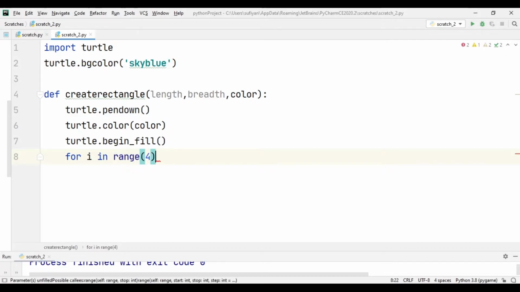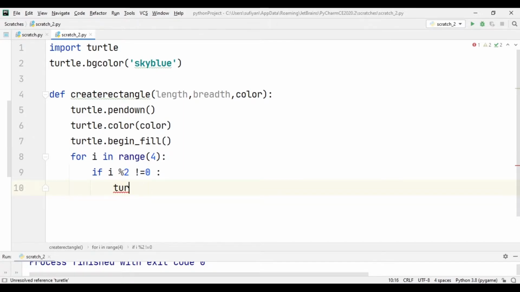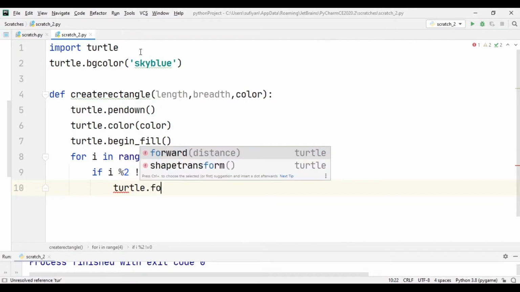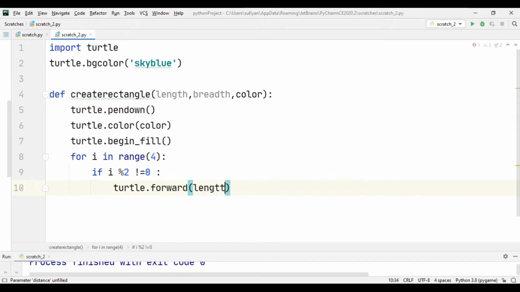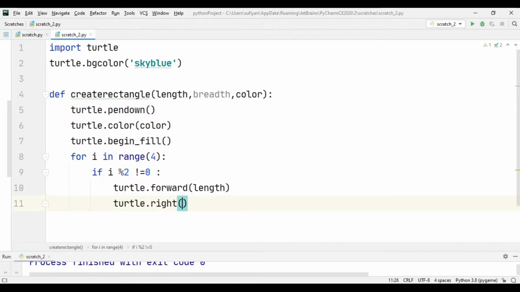In this for loop, we will define two conditions. If I mod 2 is not equal to 0, then turtle.forward means the distance that turtle will cover equal to the length of the rectangle. Then we will specify the angle turtle.right angle in clockwise direction of 90 degree.